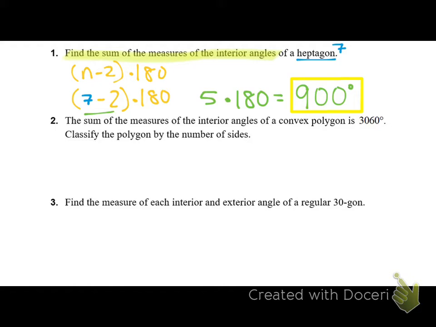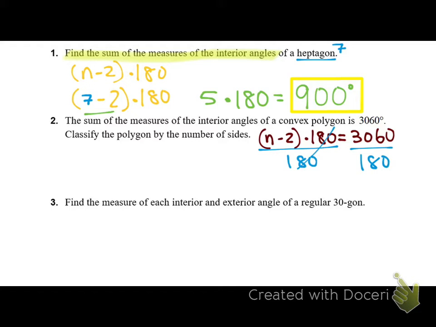The opposite is the number 2. They give you the degrees, and then you have to work your way backwards to find the classification. So we're going to set n minus 2 times 180 equal to 3060. So what is the first thing we'll do to solve for the number of sides? Divide by 180. What is 3060 divided by 180? 17. Add 2. And the number of sides is